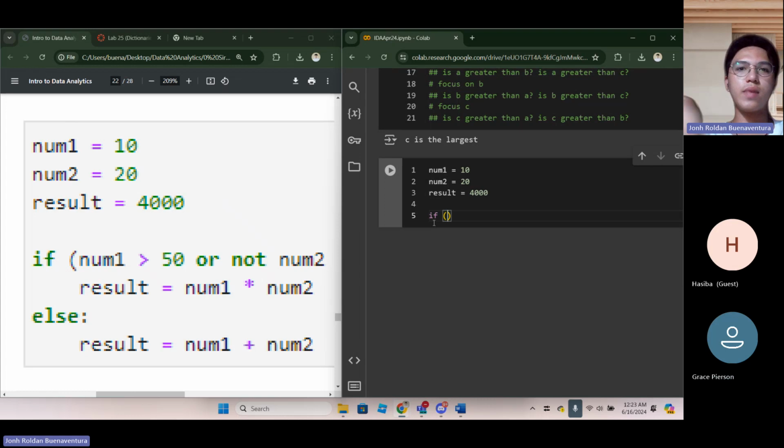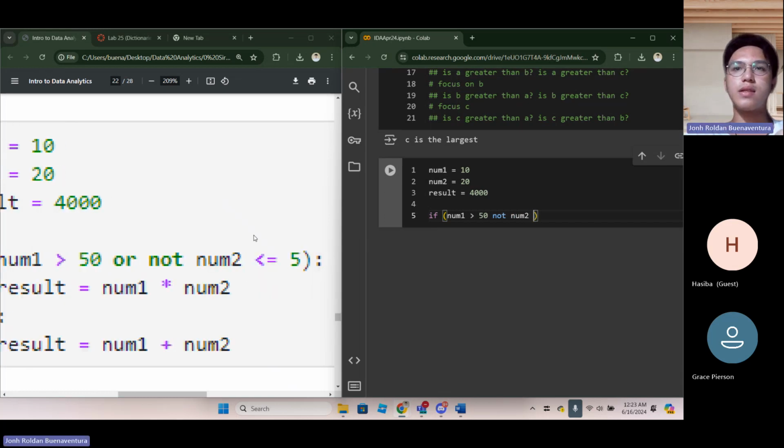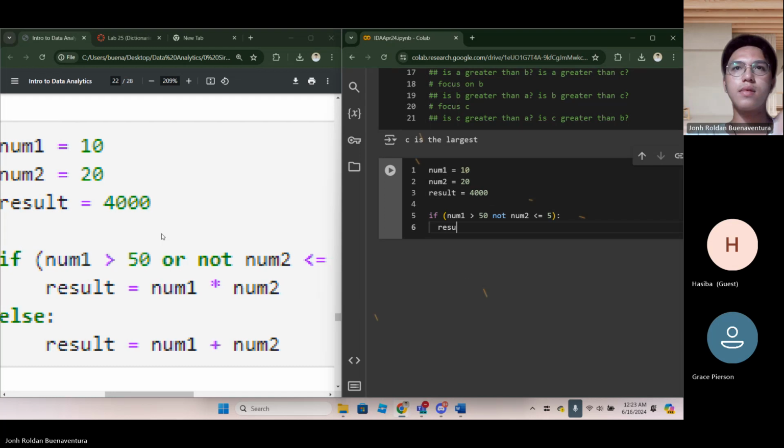Okay, let's try to make it simpler. Num1 is greater than 50, and then not num2 is less than or equal to 5. Do this: result is equal to num1 times num2.